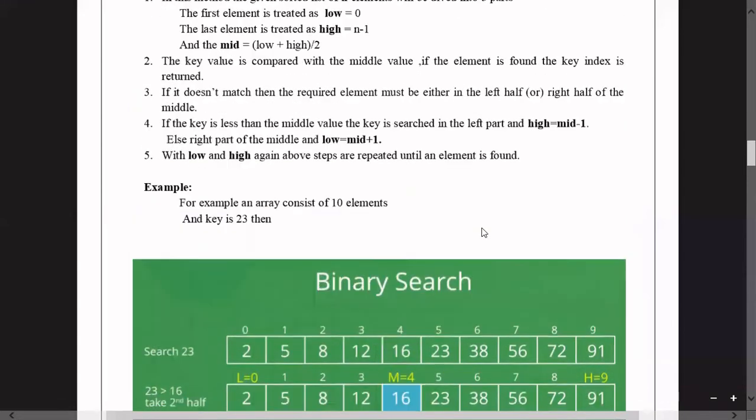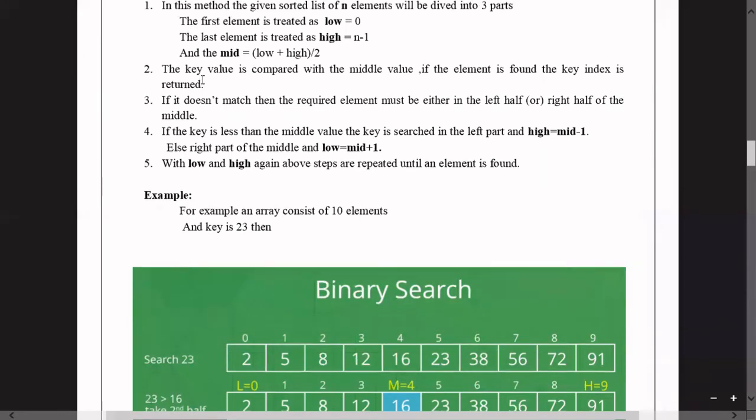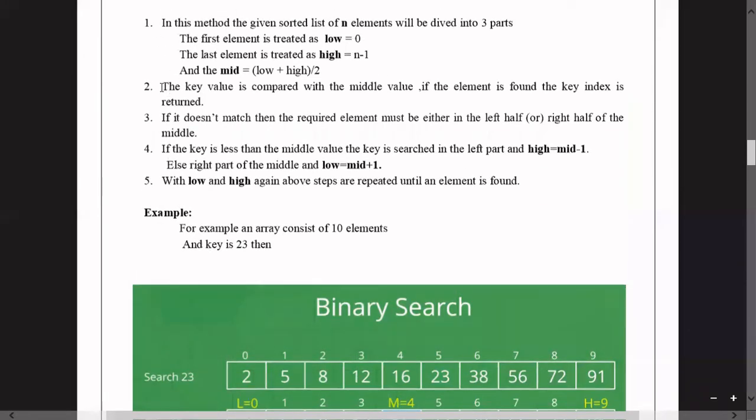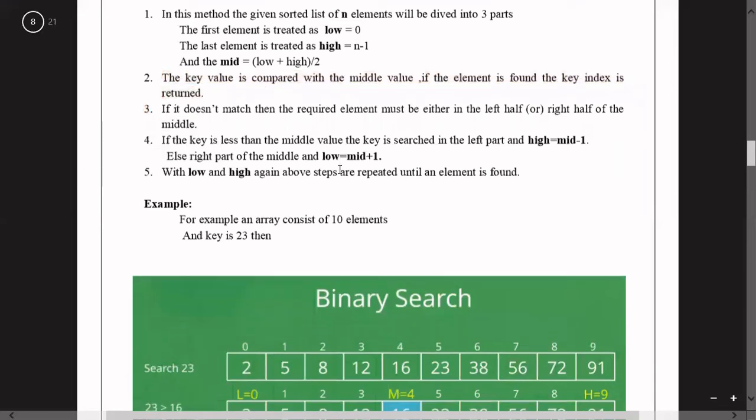After adjusting the high and low positions according to the greater than or less than condition, we have to immediately repeat the same procedure starting from the second point. Calculate mid again and then compare the element with the mid element.